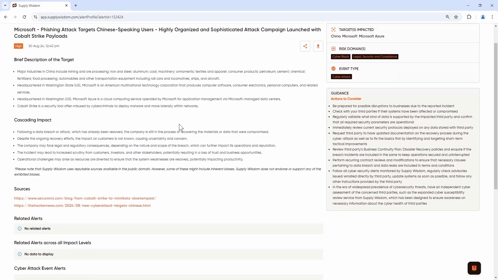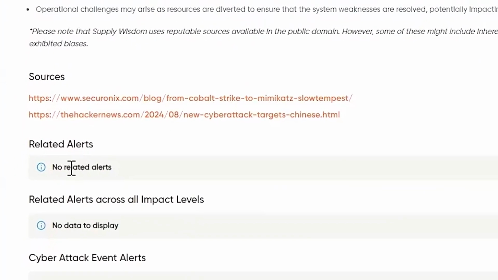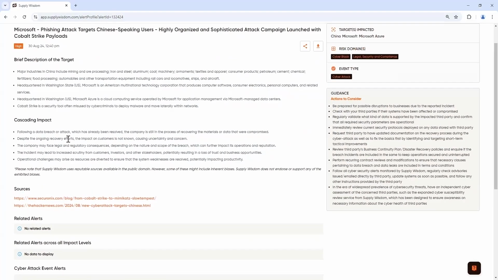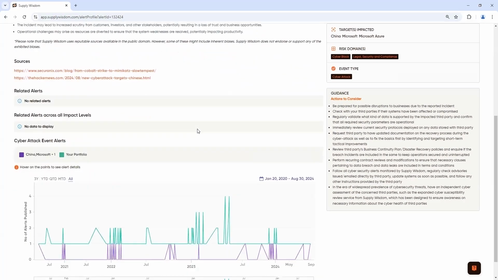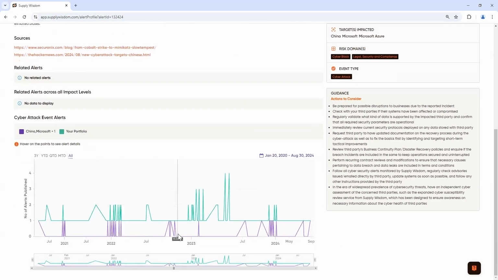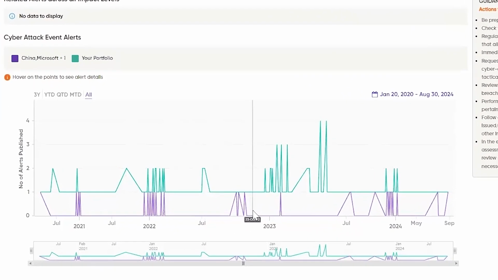Scrolling down here, we can see that if this is a developing chain of events, SupplyWisdom will give you links to any related alerts, any previous alerts regarding a particular chain of events of which this event could be a part. Scrolling down here, we can also plot the frequency with which an event of this type is occurring for this individual entity, or in this case, the individual entities of China, Microsoft, or Microsoft Azure, and compare that to